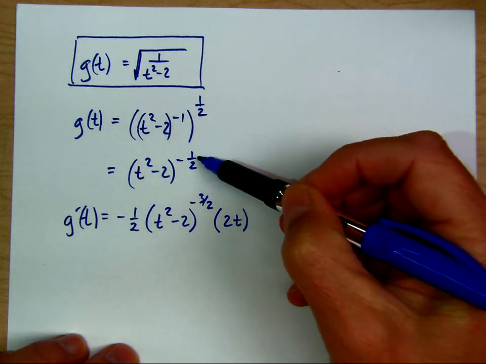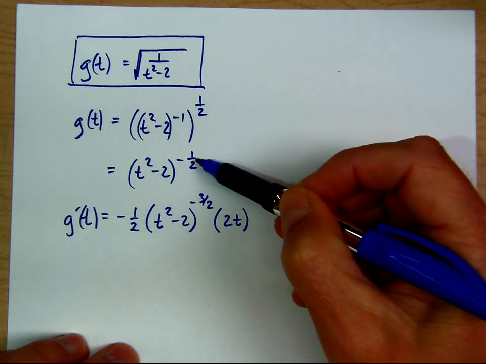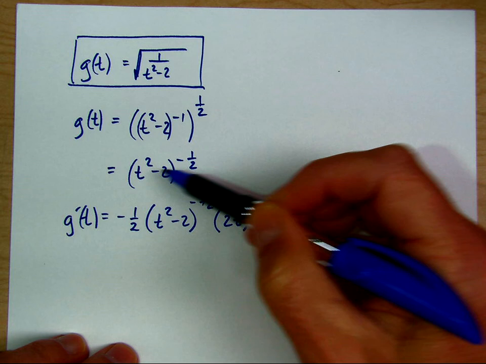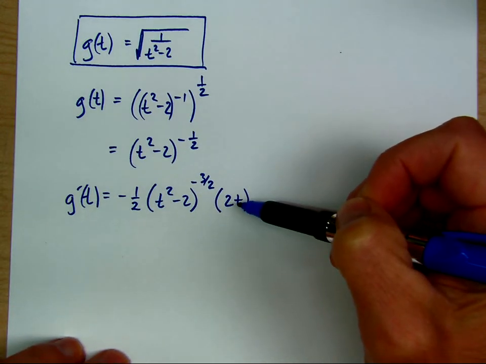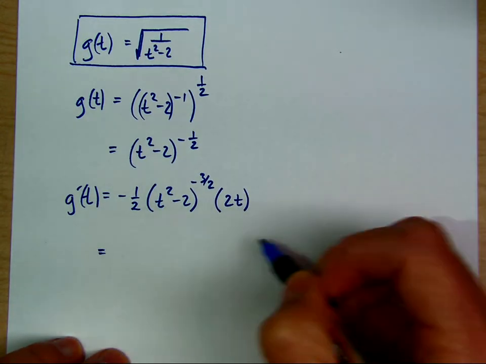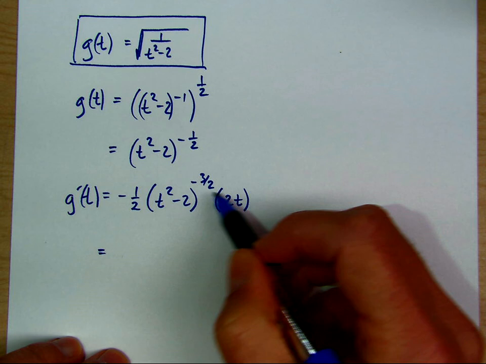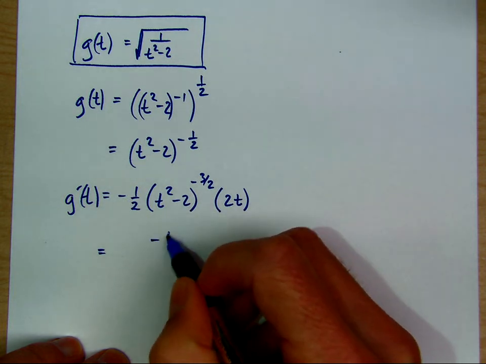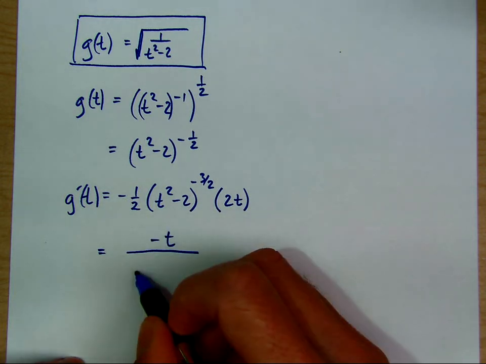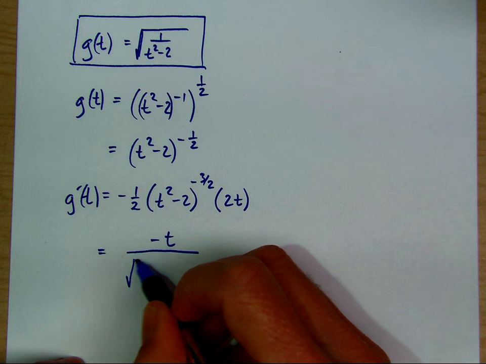The derivative of the outside, we multiply by -1/2, and we have -1/2 minus 1, leaving the inside the same, times the derivative of the inside. And the 2's will cancel. We have a negative, so we can write it as negative over square root